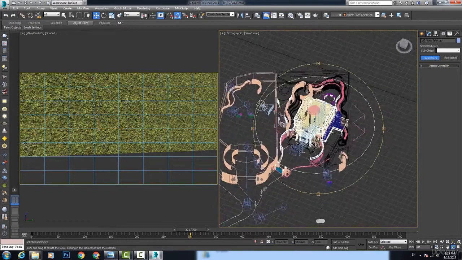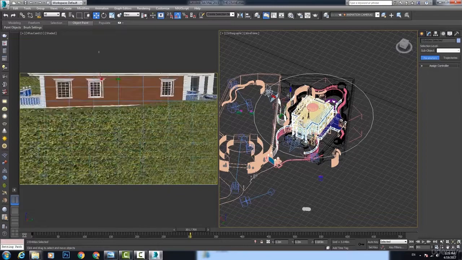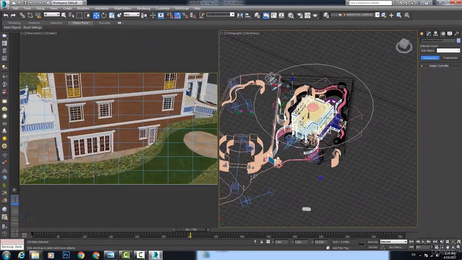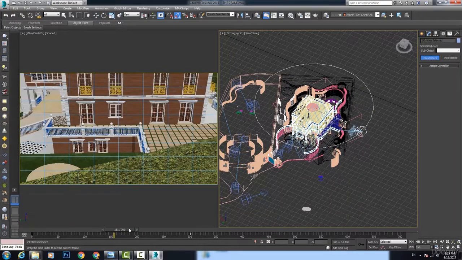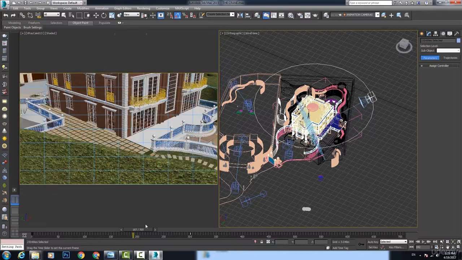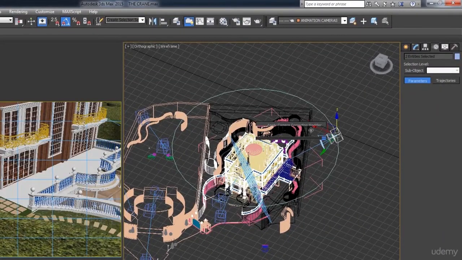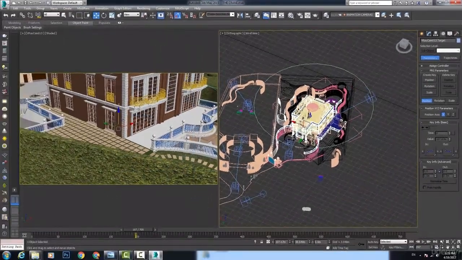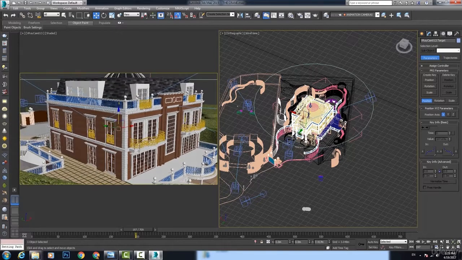Now this camera is now attached to that circle. If we move that circle up, our camera will follow along. By checking this viewport here, I realize that my camera target needs to be moved up as well. Right-click on my camera, select camera target and move it up in the Z position till the building is centered